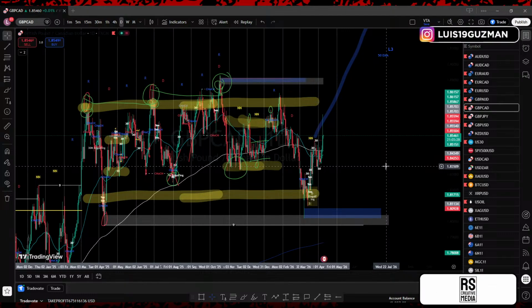Similar to GJ. GJ is a pair that moves 140 pips on a day to day basis. That's why I say you'll be ready to move on to the bigger pairs if you're able to do the same thing on GJ. But first things first, you guys need to be able to see all of this on the lower time frames before you go to the bigger pairs.